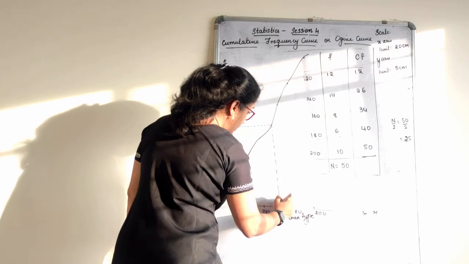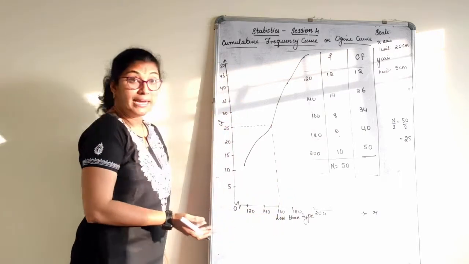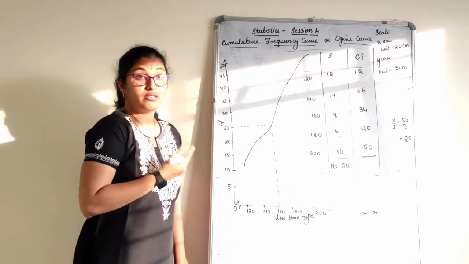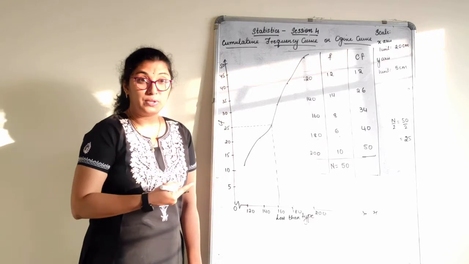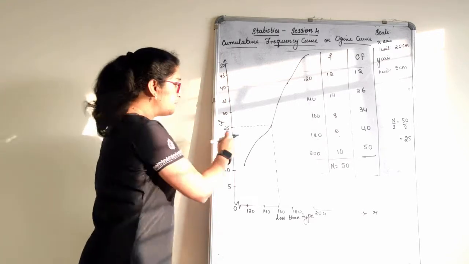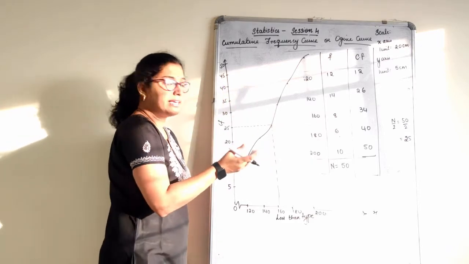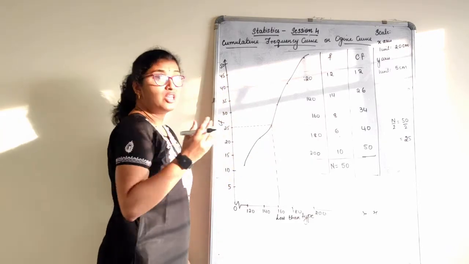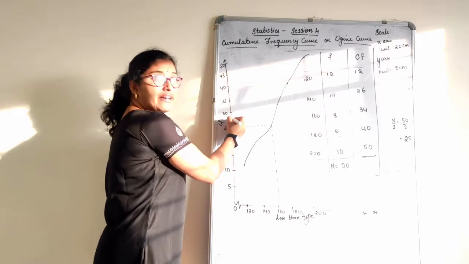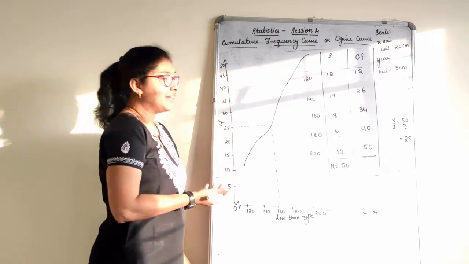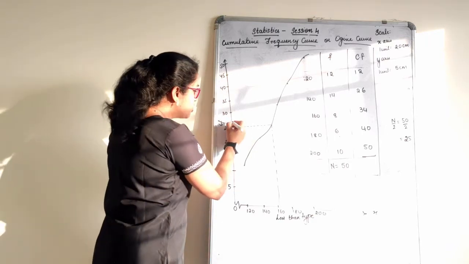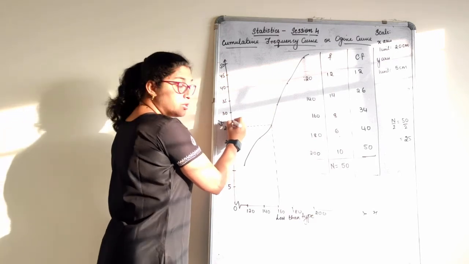I don't know because mine is coming exactly at 160. It might come, it might not come, children. Why? Because my graph is not accurate. But did you understand my point? I need to find n by 2. Whatever value I get, I need to search here. If it was 27, only I have to mark. Easy for me in marking in graph, right? Whatever value, if it comes 26, count and mark 26.